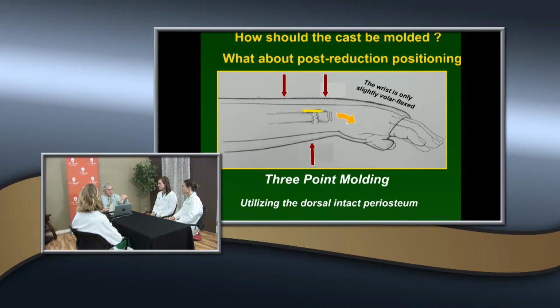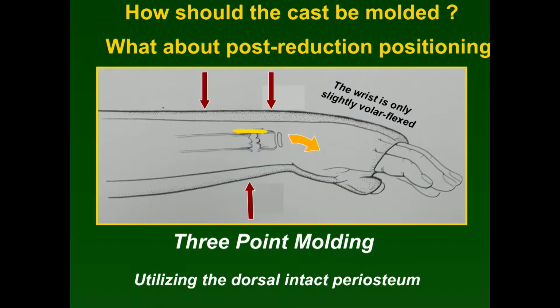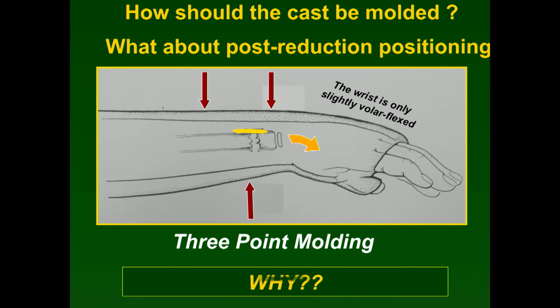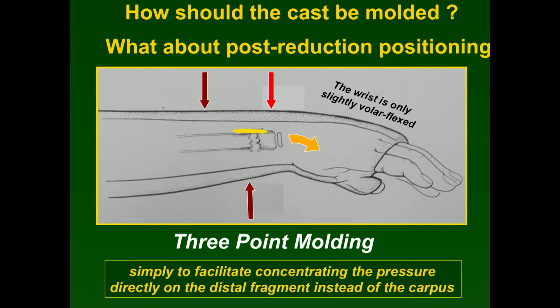In the old days you'd put this in what we call the cotton loader position, and it was thought that that would hold the fractures, but it doesn't really. It's the mold that really holds the fractures. You put it in a little bit of flexion because that simply facilitates your ability, takes the wrist away, and allows you to put the molding process on